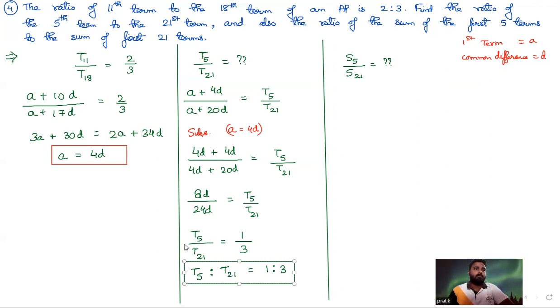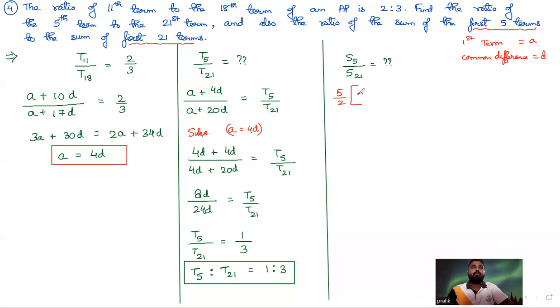Going to the next part of the question, which is finding the sum of the first 5 terms and the sum of the first 21 terms. It is not always the next, so please be careful. It should be the first 5 terms. If it is the first 21 terms or first 15 terms, we can always use the general formula and do the question. So for the first 5 terms, I'm not writing the formula, directly substituting 5 by 2